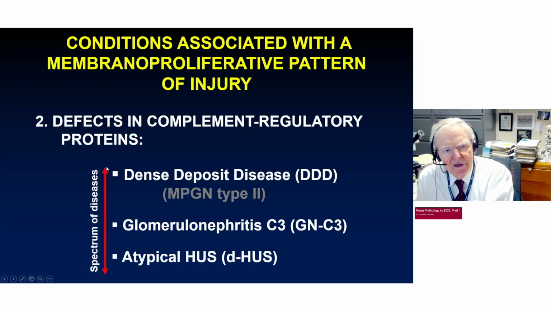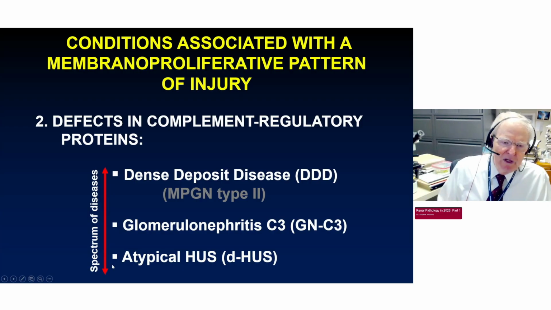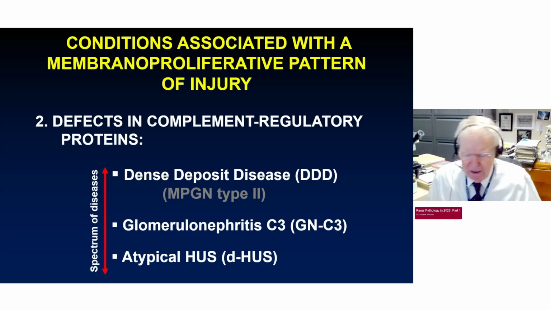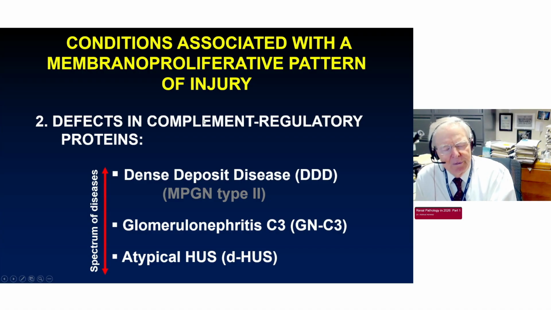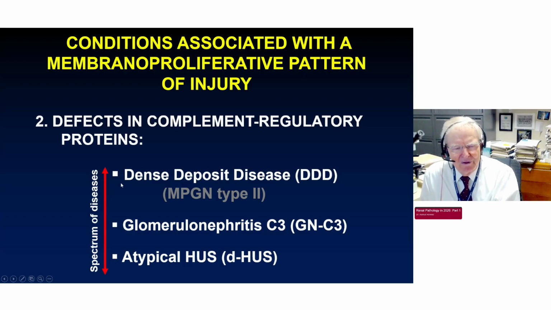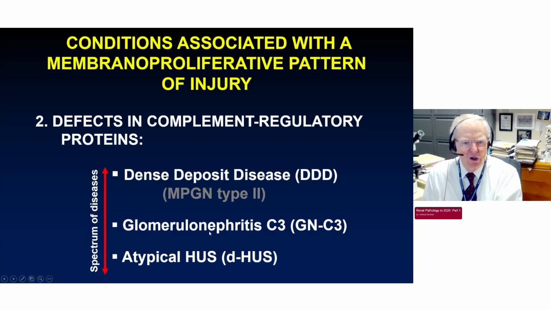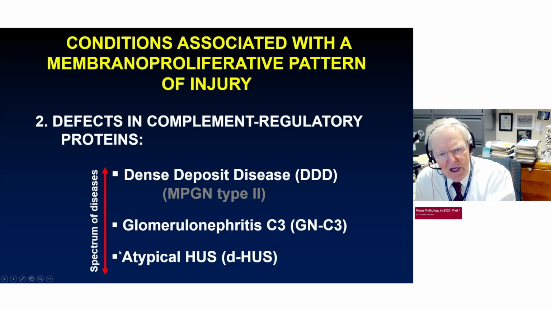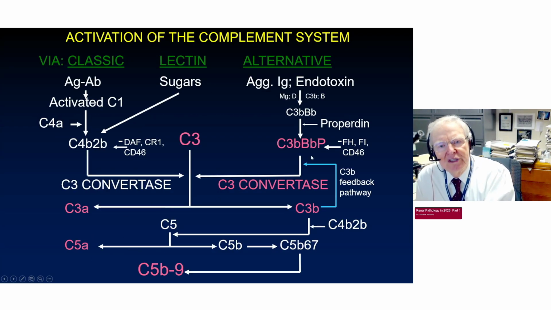As I mentioned to you already, there is a lot of overlap between these entities because the mechanism of injury is the same. It's an abnormality in the complement regulatory proteins, and therefore we don't know exactly what entices any given patient to present with dense deposit disease, with glomerulonephritis C3, or predominantly with an atypical HUS, if you want. So in this case, this convertase of the alternative pathway is normally active under normal circumstances, and